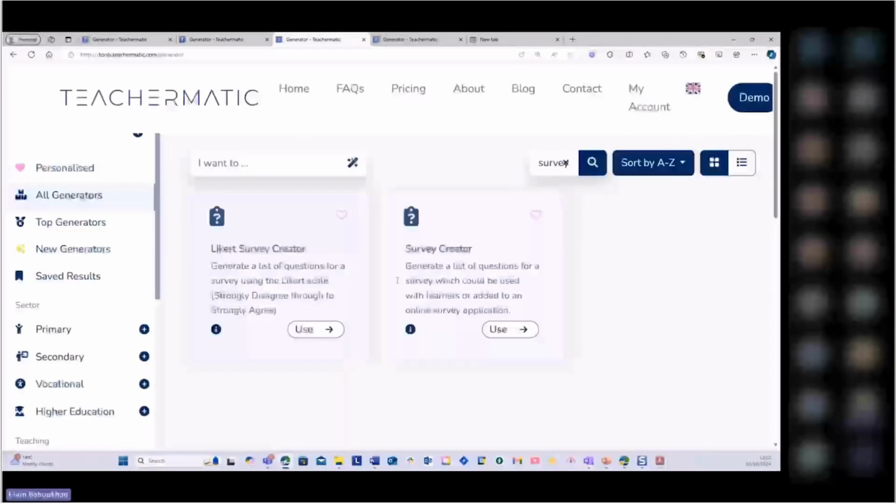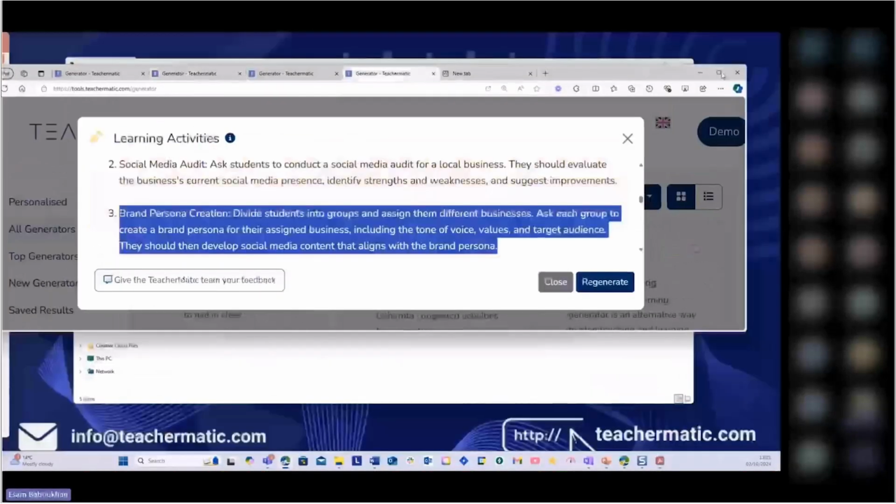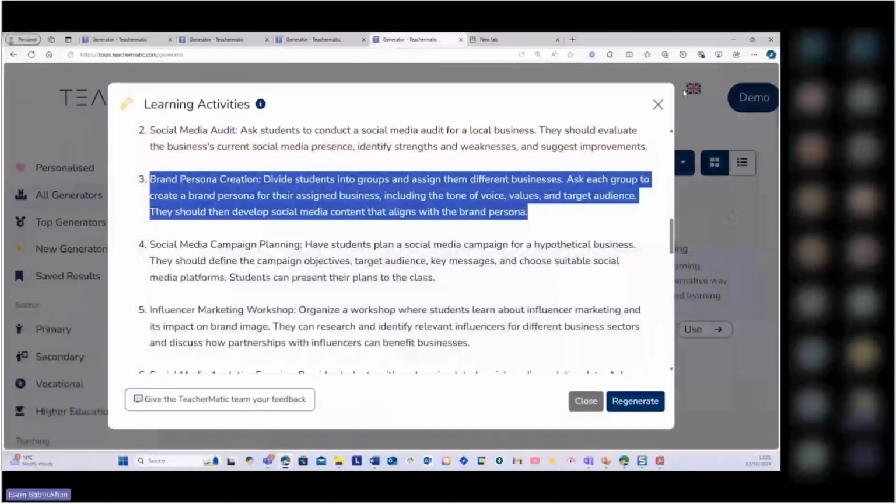But of course, the multiple choice quiz generator is fantastic in checking if learning has occurred in your classroom. So you can use that at the end of the classroom to check if your learning objectives have been achieved. And I would use about 10-15 minutes of the class for students to complete that quiz. And then with the results, you can identify gaps in that knowledge and then use that 15 minutes to plug those gaps and then have discussions about that. All right, so I think that's really, really important.